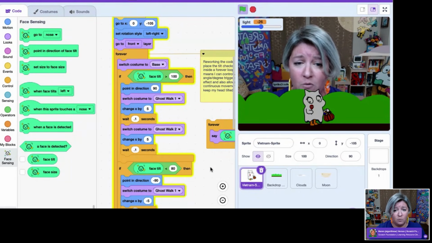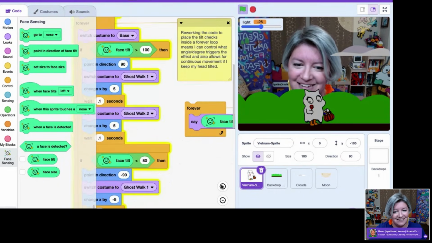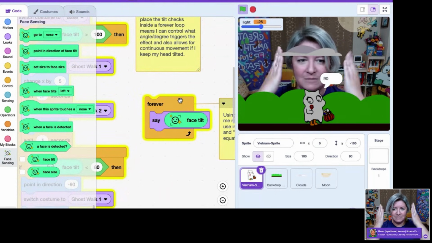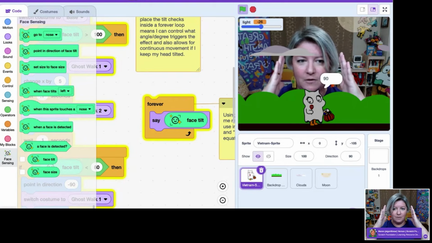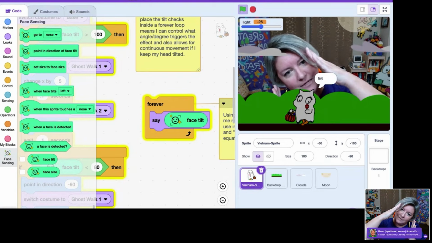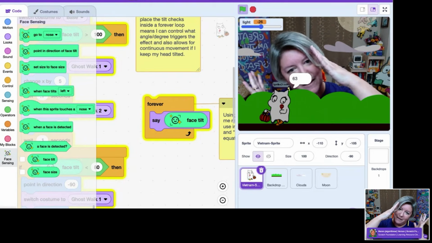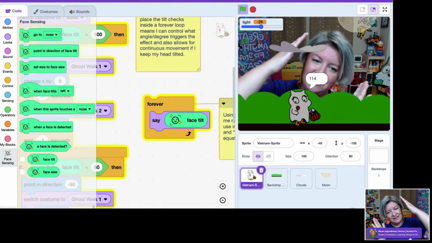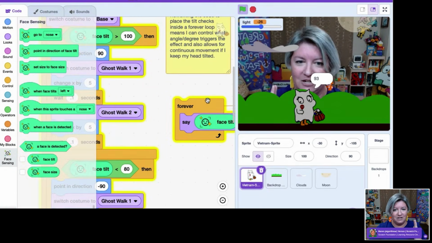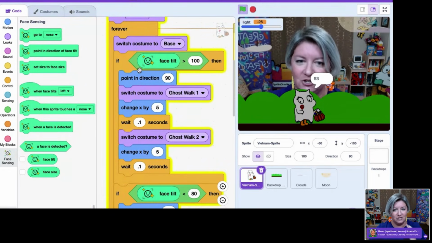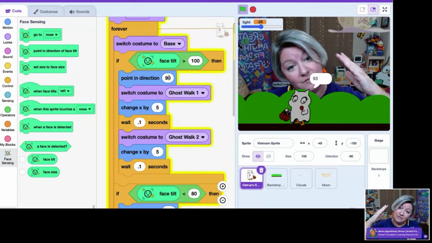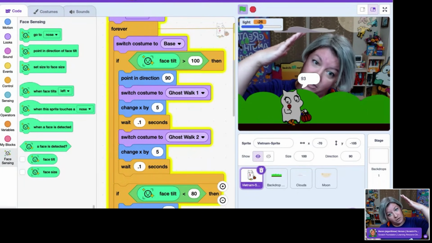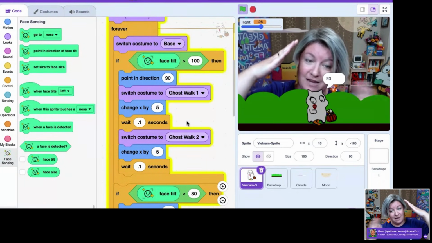So how did I figure out what that degree was? Well, I used my say block trick, of course. So here, I'm having my cat tell me, "What's my head tilt right now?" Okay, it's 90. "What's my head tilt right now?" It's about in the 50s, 60s. Okay, what's my head tilt right now? Okay, it's in the hundreds. And so I used that information in my conditional statement. So I said, you have to tilt your head significantly before it triggers this walking motion that I've set up here.